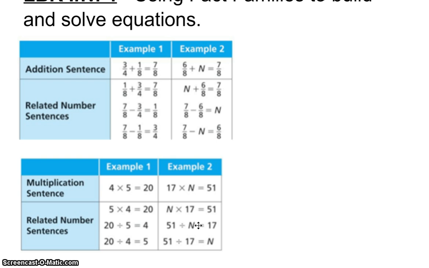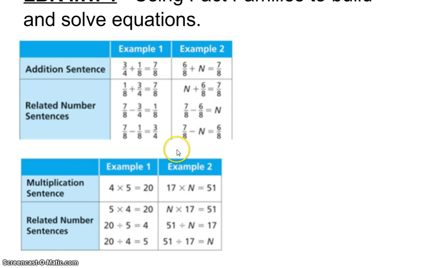And how we use our fact families to help us solve equations is by moving the variable to one side of the equation and getting everything else on the other side. So it balances. In this setup right here, we have taken an addition sentence and moved everything over using fact families, so that all we have to do is solve this problem to figure out what n equals, and n in this case would equal 1/8. And the same thing here, we have 17 times n. In order to solve for n, we'd have to divide both sides by 17,